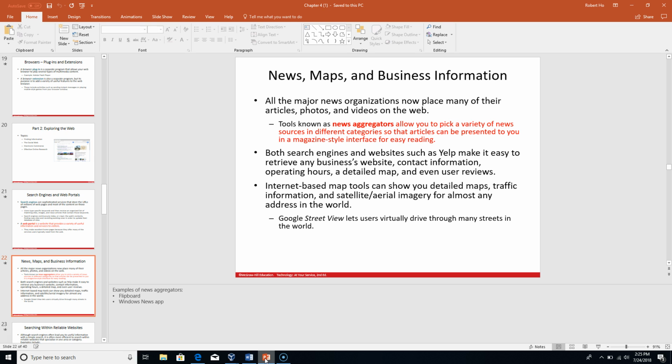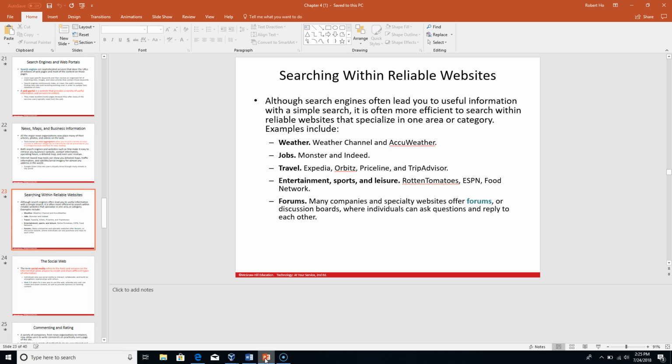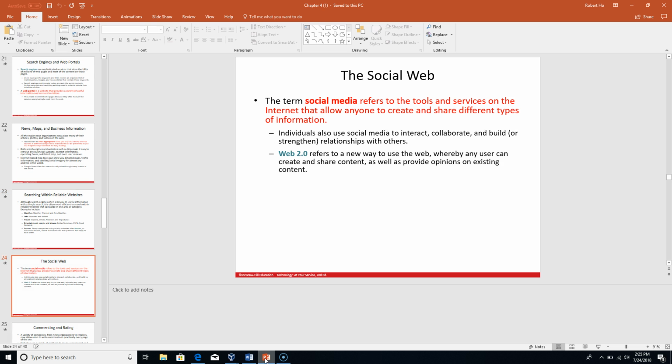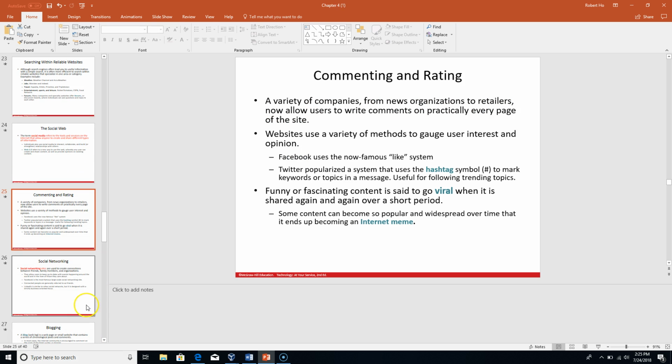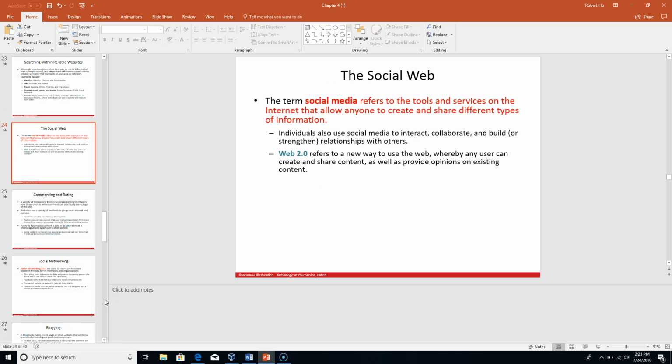Map, business information, I'm going to skip that. I think you can read this. Searching on the web also, I'm going to leave it out. Okay, here, social media. I think many of you are experts on social media. Social media refers to the tools and services on the internet that allow everyone to create and share different types of information. What you need to know on social media here,